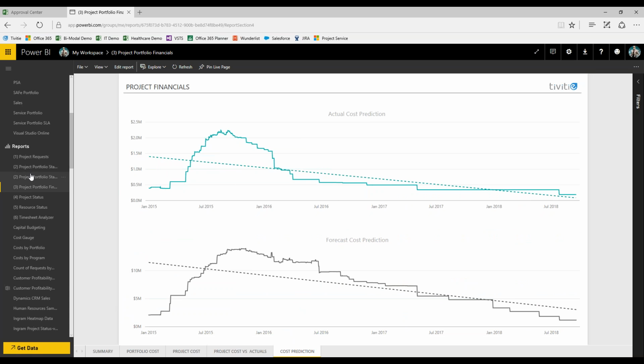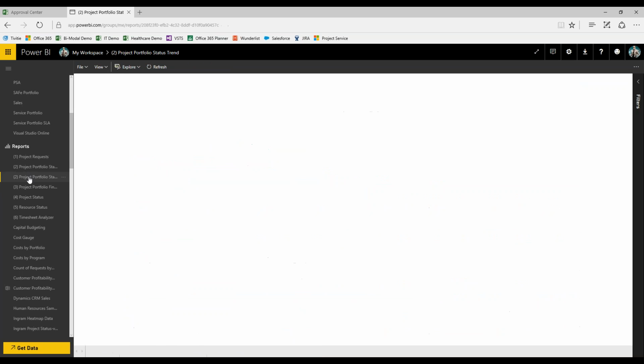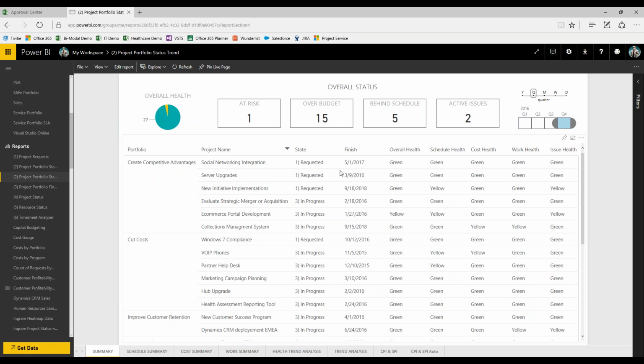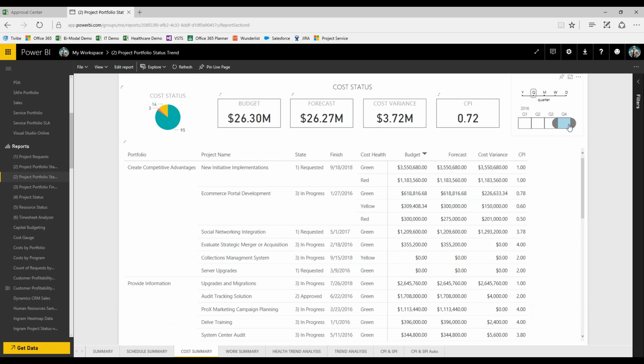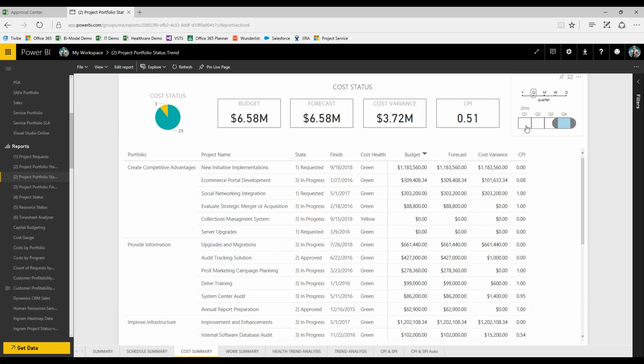Some cool new stuff that's being added is the idea of trending. So the idea is that we can get some of this type of information and cost summary information and start looking at it on a cost trending basis, meaning what did it look like in quarter one versus how does that data change over quarter two, and are we getting better or worse over time as we're tracking our portfolio going through. Some very cool stuff from a trending perspective that's available to us as well.